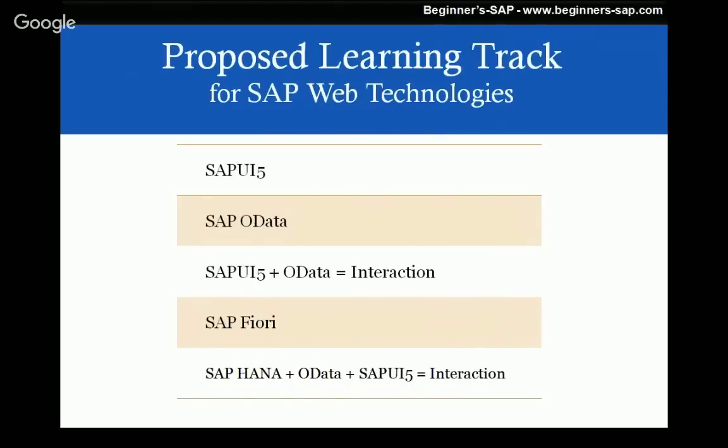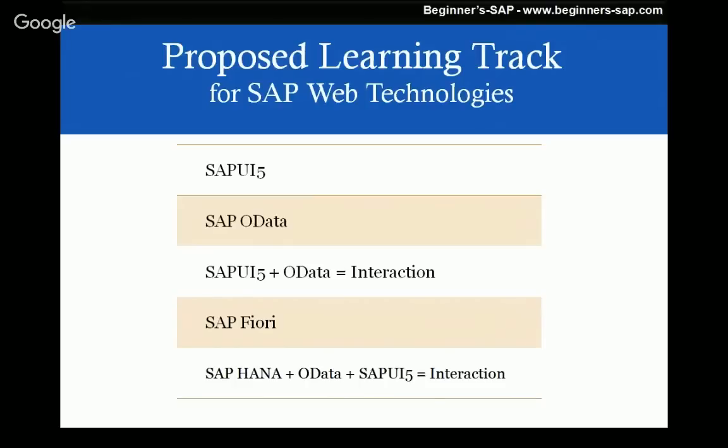So now the question is, if I want to learn this, how am I going to learn it? Guys, the time is 9:35 here, so I have a little more to cover. I'm not sure whether we will be able to, but I will still walk you through it quickly. Proposed learning track. If you want to start learning about this, the best way is through this path.